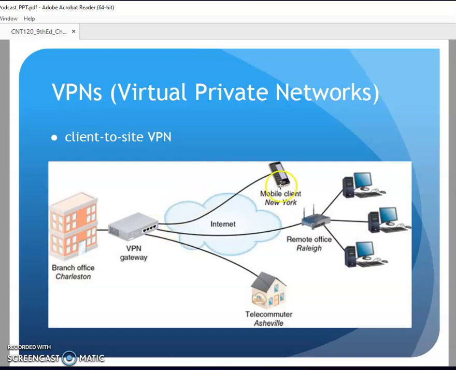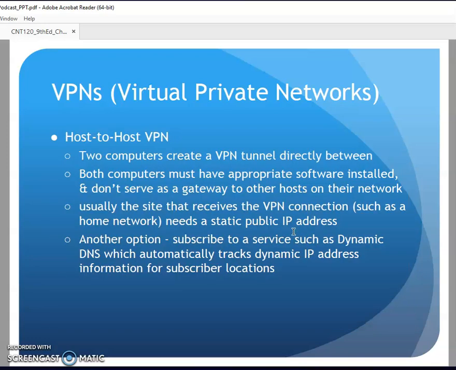So we have maybe different people at home, the remote office or home office, connecting into the VPN gateway at the headquarters, if you will. So this is what a lot of people were doing during the pandemic, to be able to connect into the resources of the company, but have this be an encrypted tunnel, if you will, across their regular internet. This would be the client into